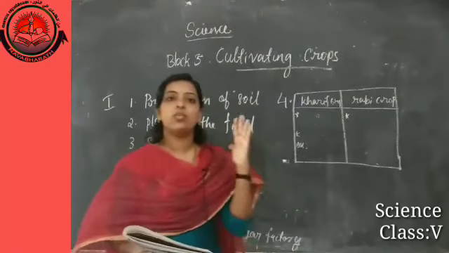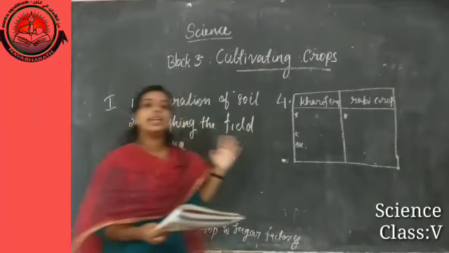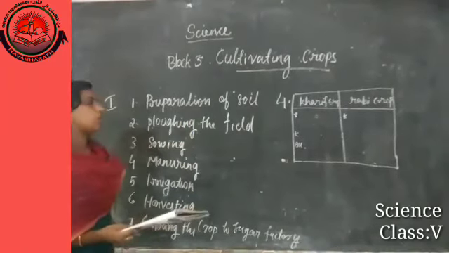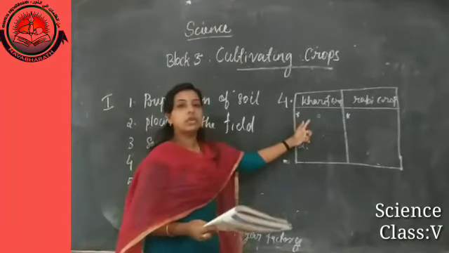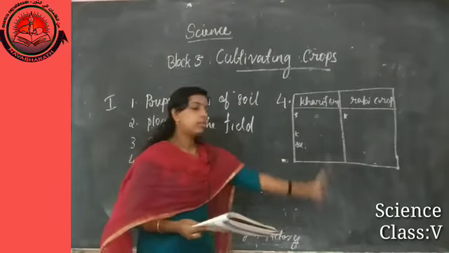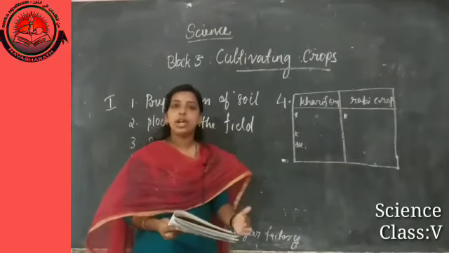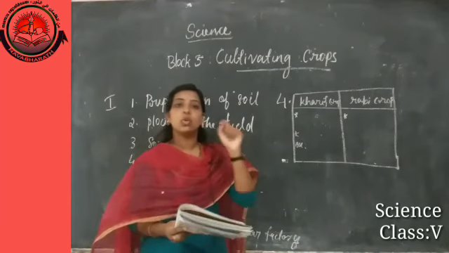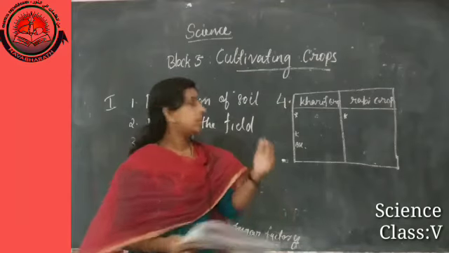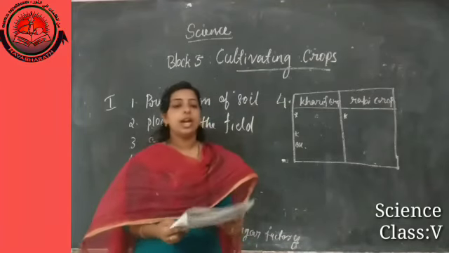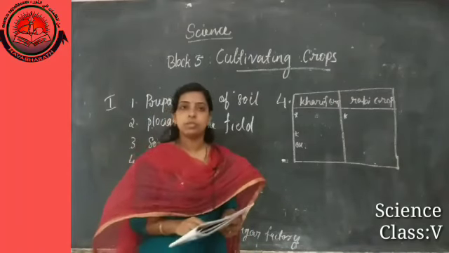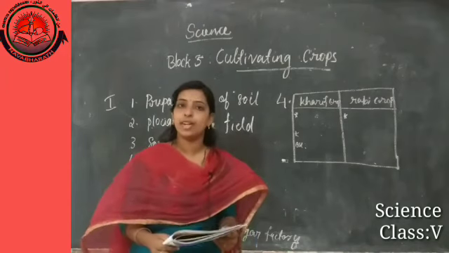We completed the 4 lessons in the third block and the practice questions. When you are writing, for the first question you have to do a flow chart, and for the fourth question you have to draw a table. Inside the table you have to write the things, and when you are writing the notes, you have to use only pens. Don't write it with pencils. Okay, and that's all about this block three, and all these things you have to write as soon as possible and send me through my WhatsApp. Okay, thank you.